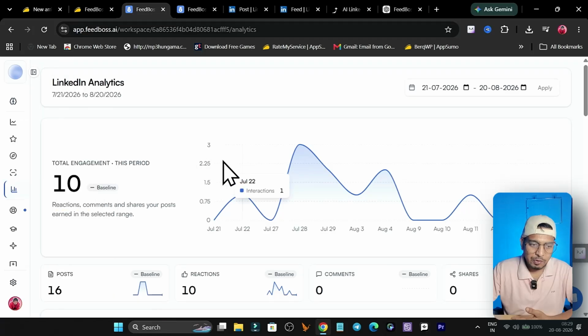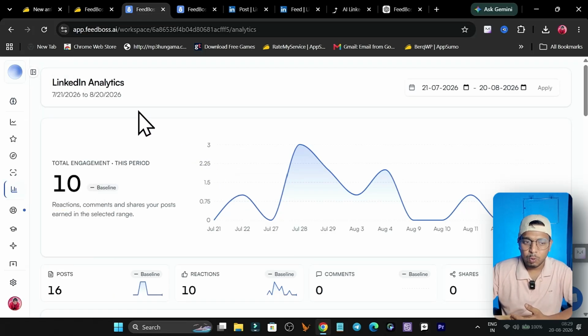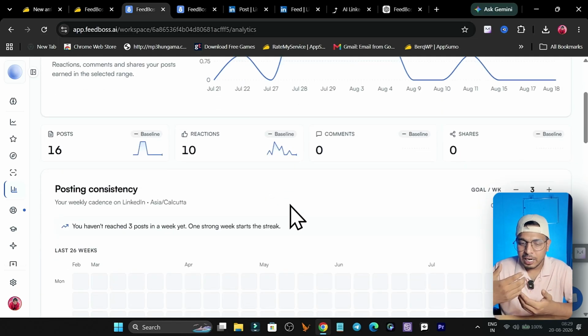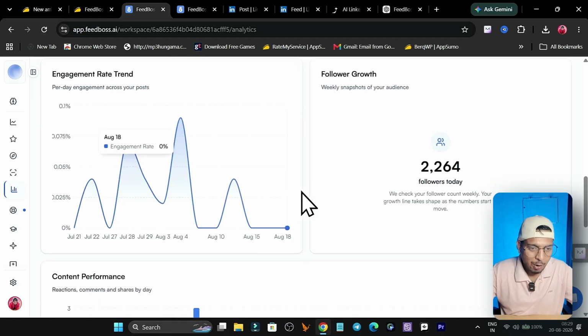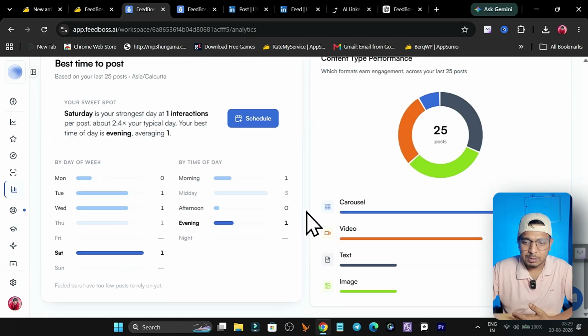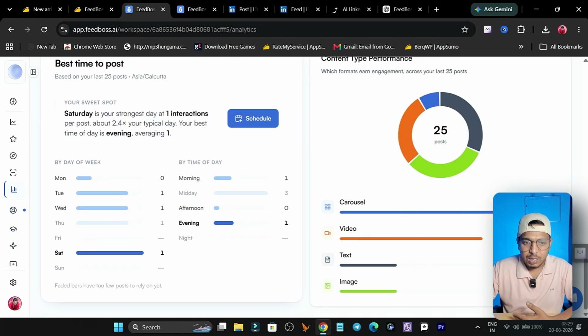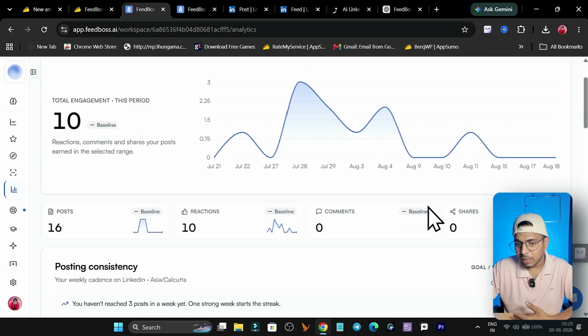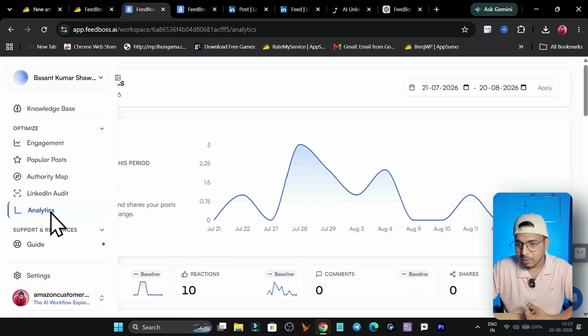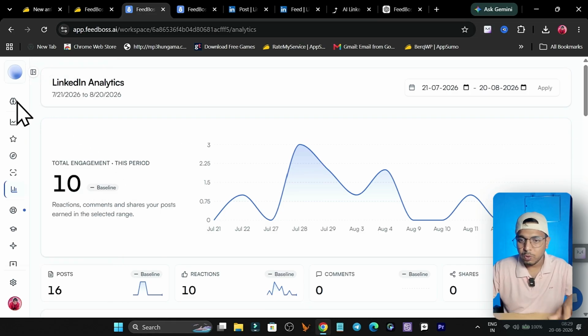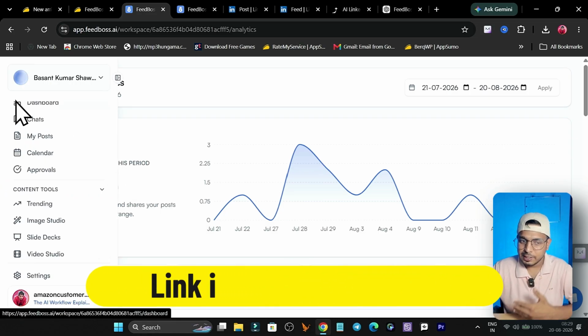Okay, then my favorite one is the analytics. I now don't need to go on LinkedIn, to that confusing engagement section, and check how every post is getting attention or engagement or not. Basically, under one hood, now I can see every major thing, like which day I get the most engagement, and how the carousels are working. You can see most of my posts are carousels, videos, text, and images as well. So it gets you everything under one hood in the analytics section.